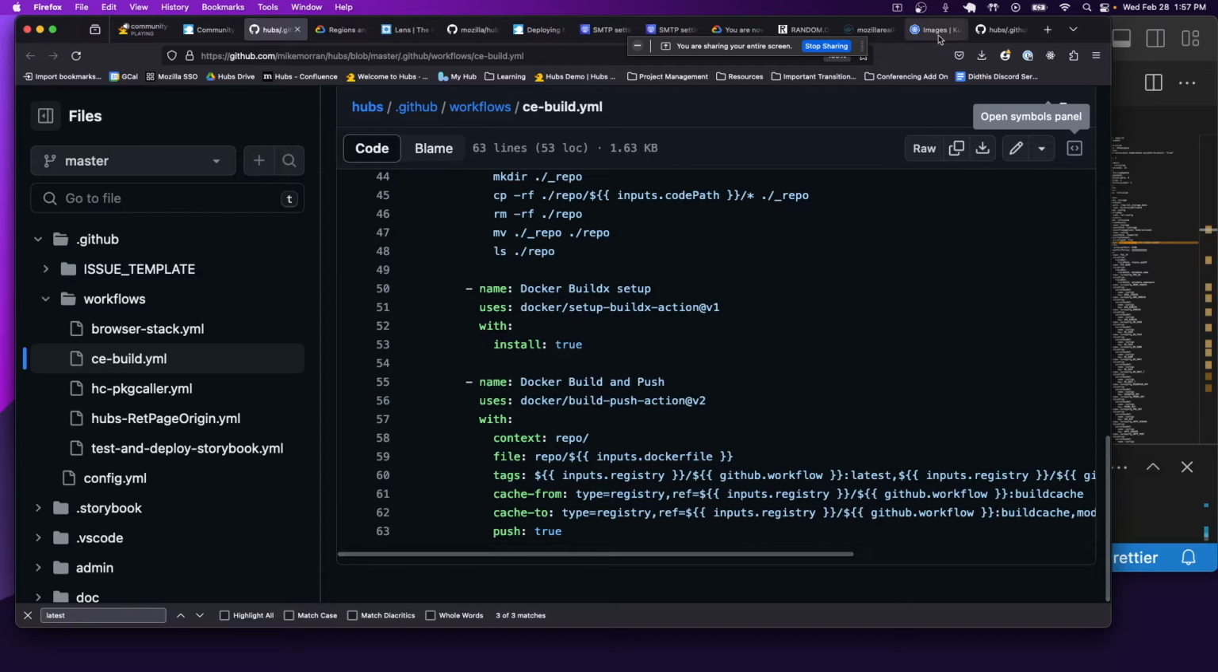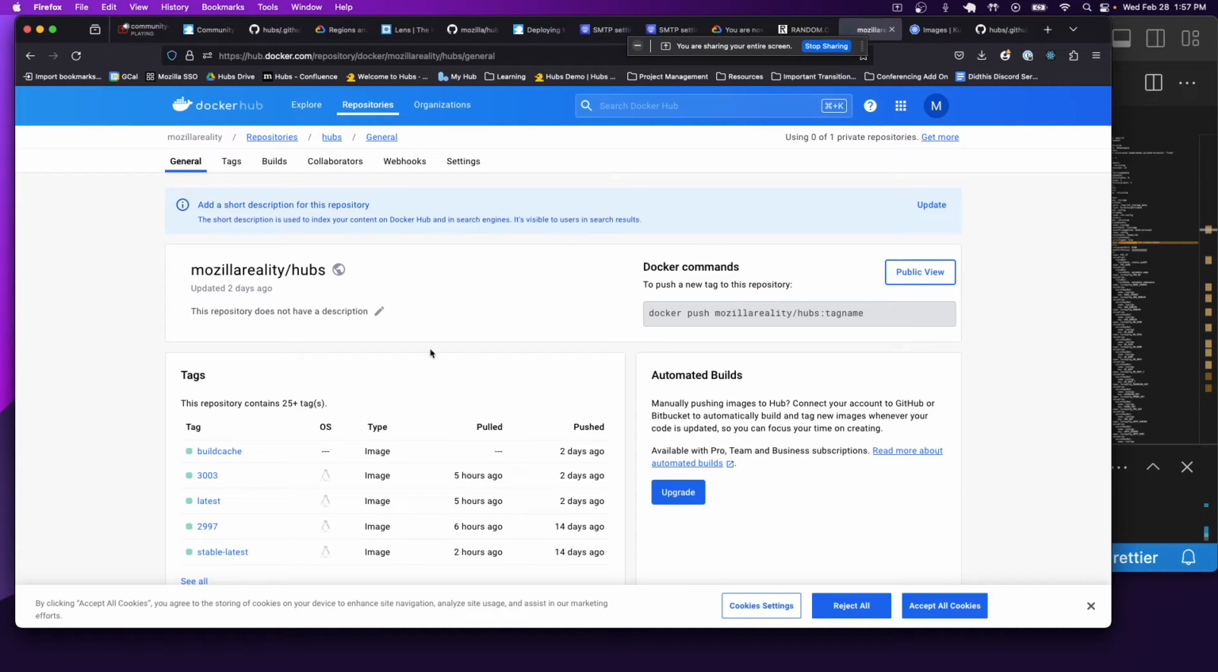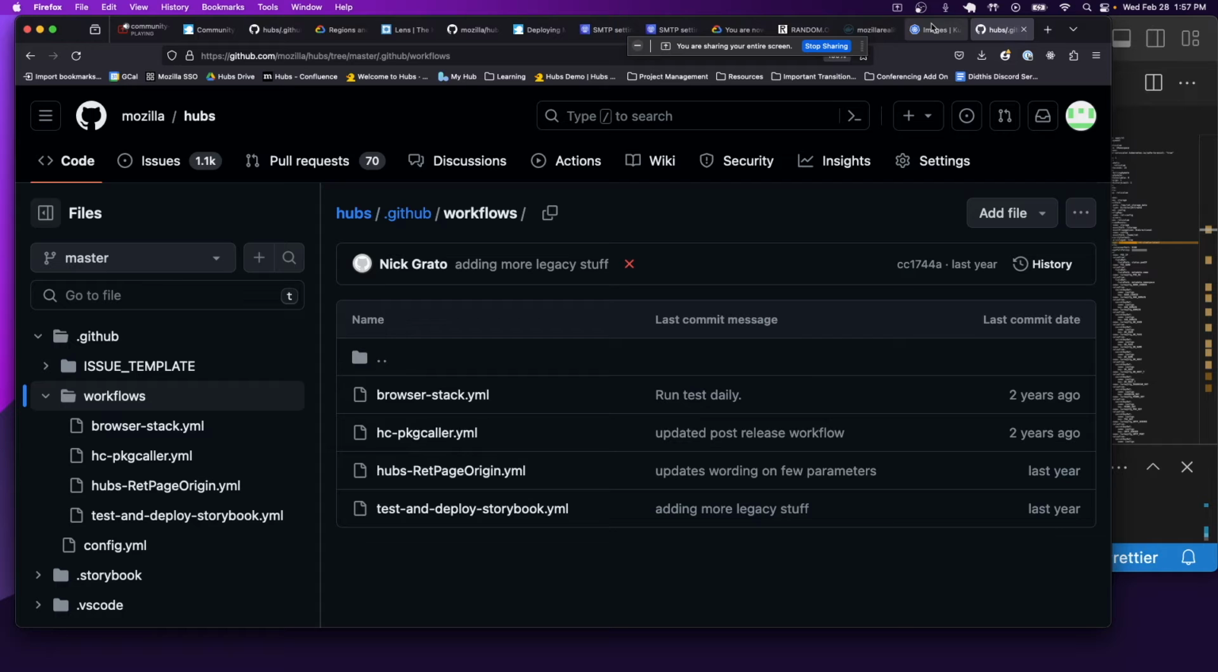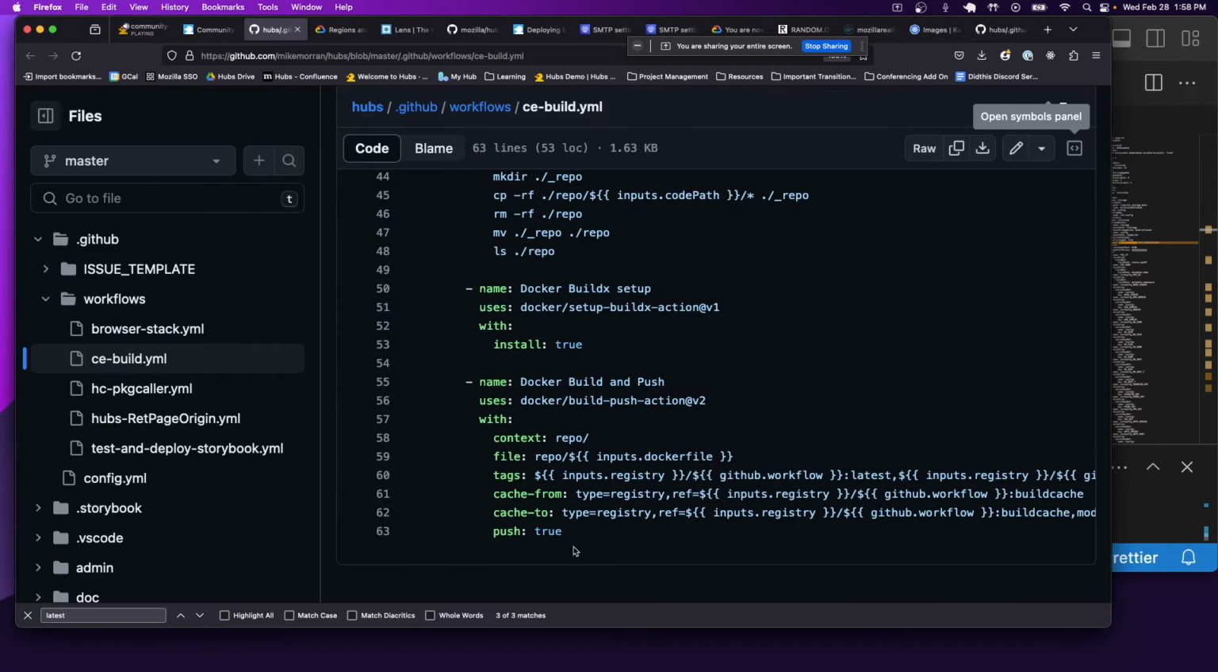So what I will also point you to, here's Mozilla's Docker Hub. We can see here the last time we published was about 2 days ago, and then someone pulled 5 hours ago to make an instance or something. When we published, we made a run number and then a latest tag, which is the one that automatically gets pulled for a new community edition instance. If I look at the code that